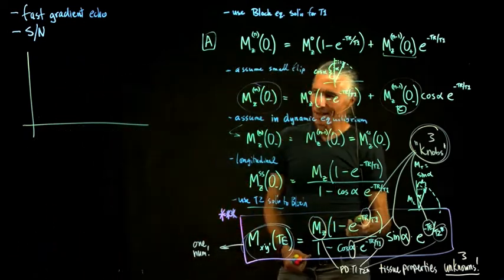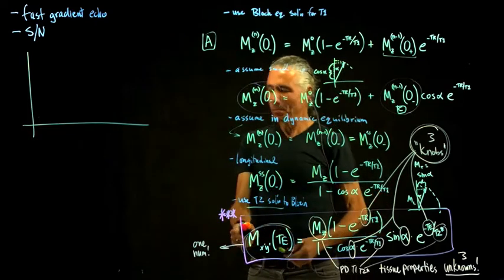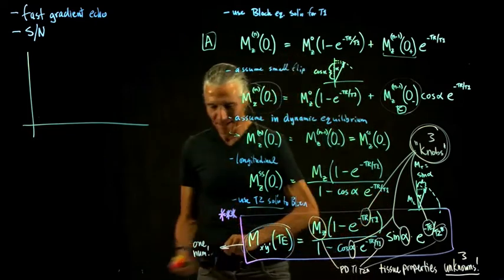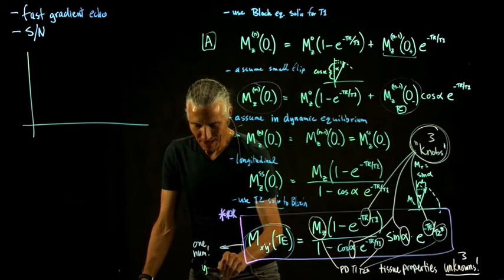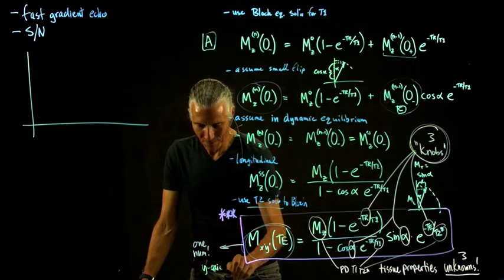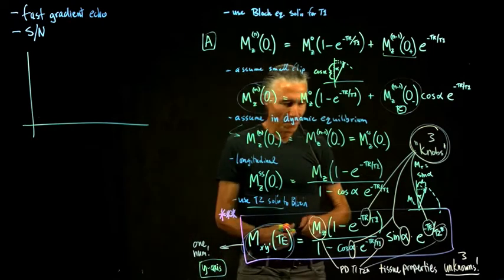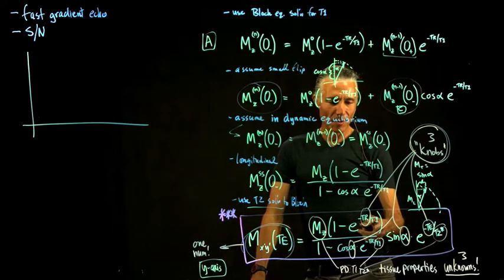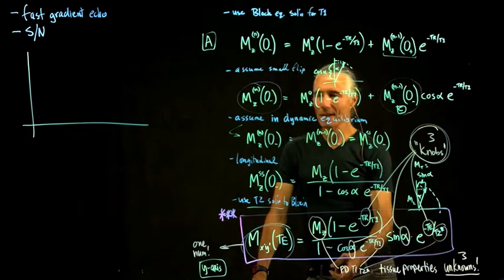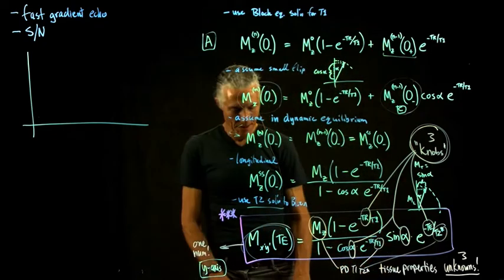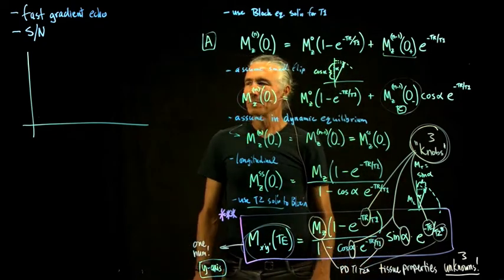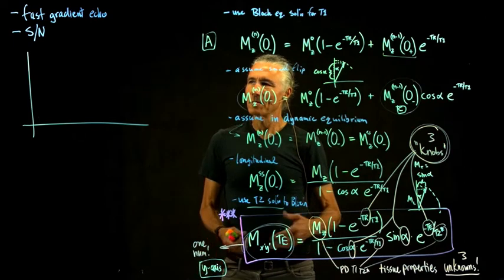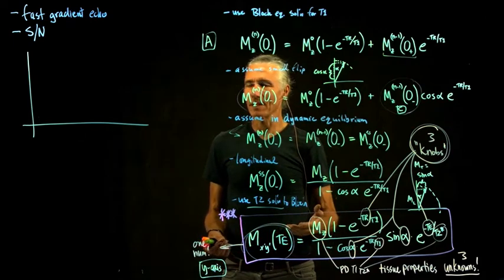But we've got 7 things, right? So we'll plot one thing on the y-axis. We'll put this guy on the y-axis. But now we've got 7 things to deal with. So let's just make some assumption about what the T1 and the T2 star and the proton density are. We'll just give them practical numbers, taken from the literature for white matter, say,